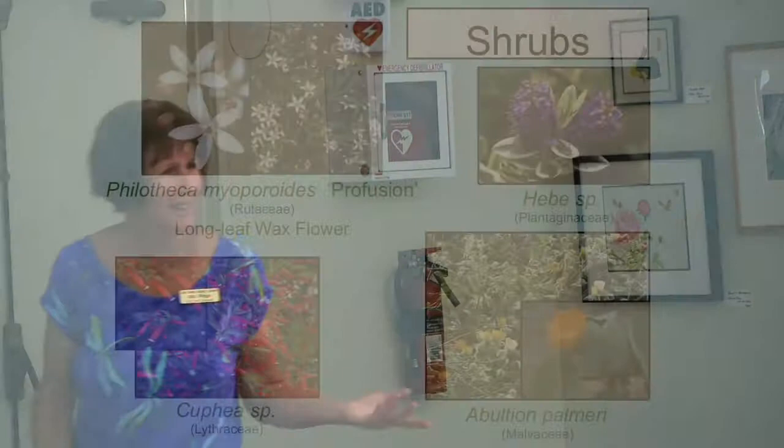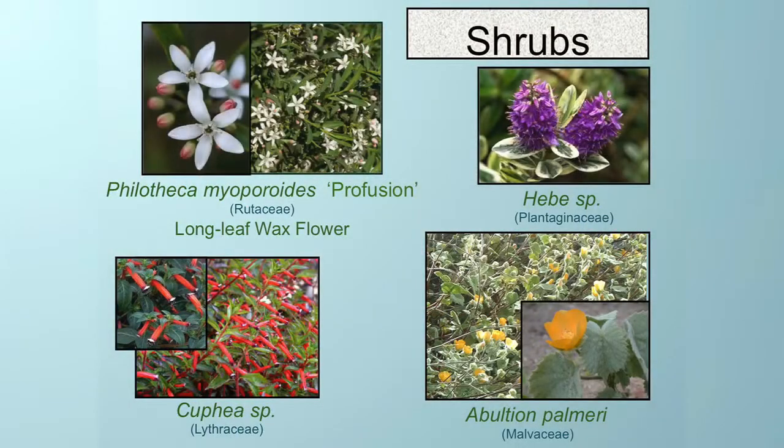Kiwi is from New Zealand. New Zealand is not a Mediterranean climate, but they do very well here. Does anyone ever have problems with them? Yes? Oh, not problems. She has one. They do well. Feel free recommending these to people. I've never had problems with insects, diseases. They see a lot of different cultures. Same thing with